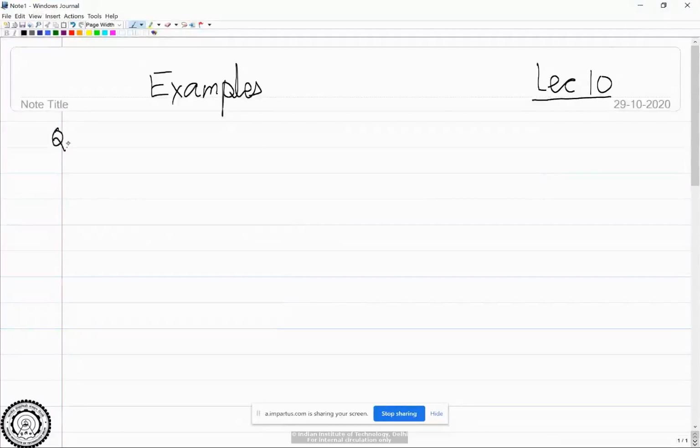So here's that example. Suppose that the velocity is given in Eulerian framework. So it's a function of small x, the spatial coordinate, and time, and it is given equal to,